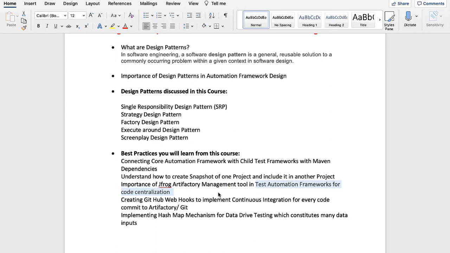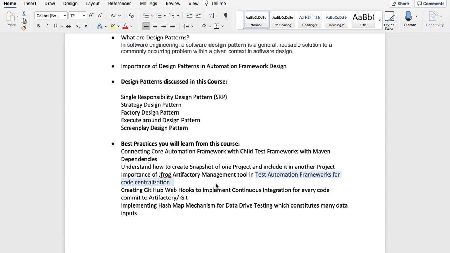You might not know that. If you are a junior software engineer or an entry-level or mid-level software engineer, you will only focus on writing tests, but in the back end there will be a lot of things where your framework code will go based upon snapshots. Only the test architects or the people who designed it will know that, but I will go through everything here. And I will also show how to implement continuous integration.